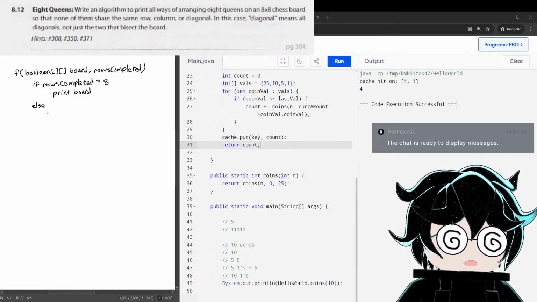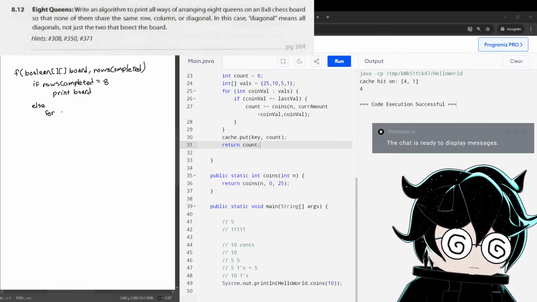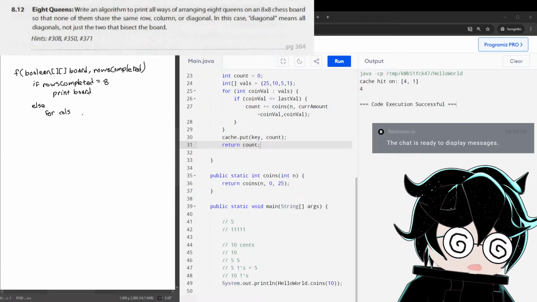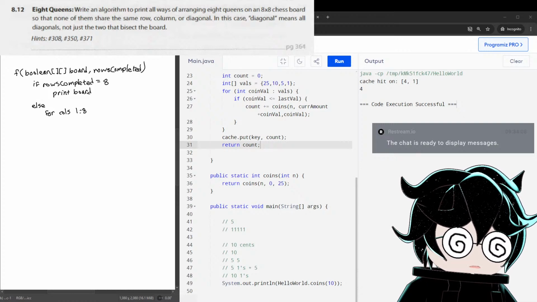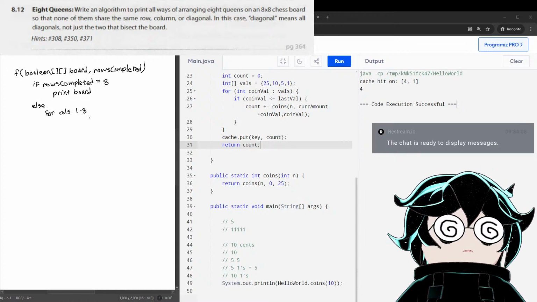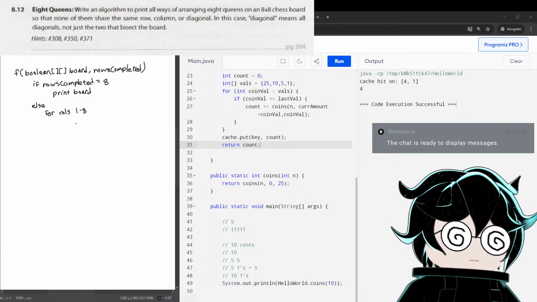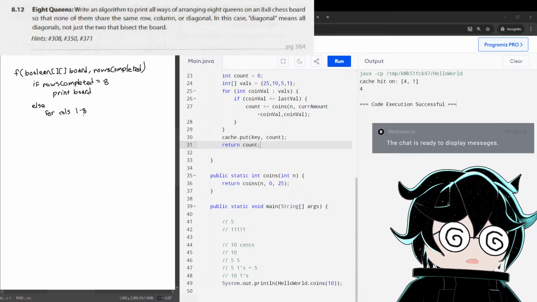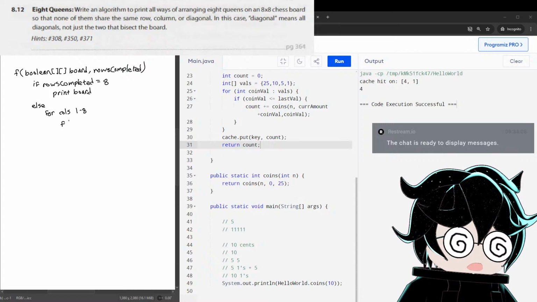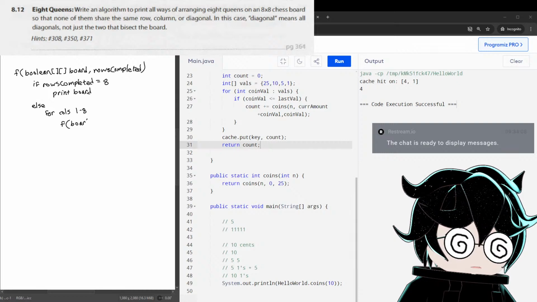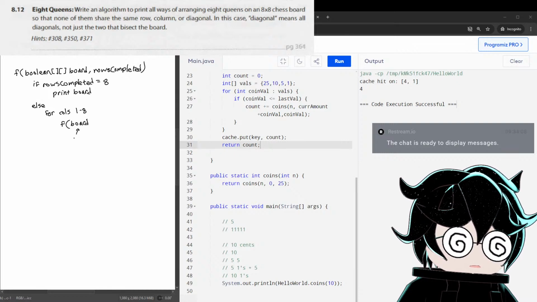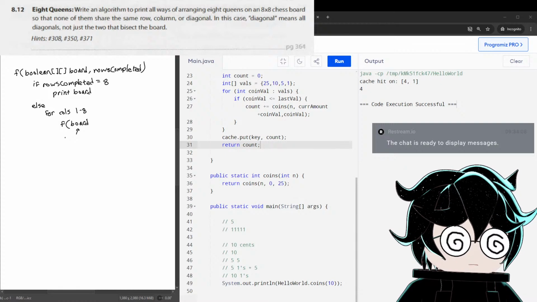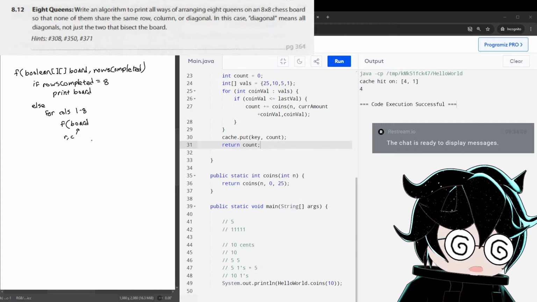Yeah, for every column, for columns 1 through 8, you do the recursive thing where you do the board, but RC